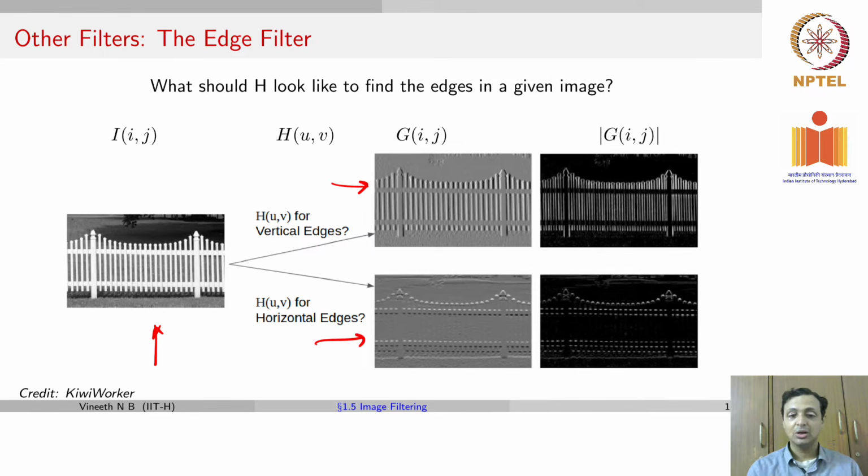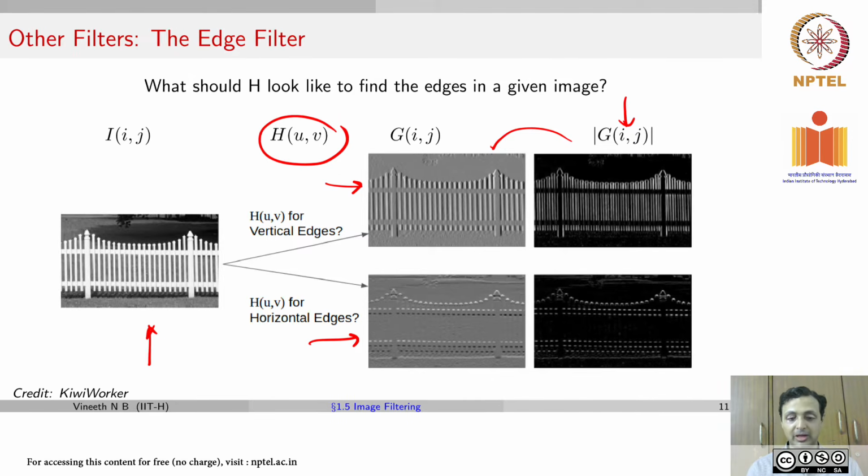Then the question here is, what would be your filter, kernel or mask? The last set of images here are simply the absolute value of the output image. We'll see more on edge filters a bit later, but the question for you now is, what would be H if you simply wanted to extract edge information from your input image? For purposes of convenience, let's stay with the 3x3 filter. Let's not increase the size. We can in practice, but we're not going to increase it now.